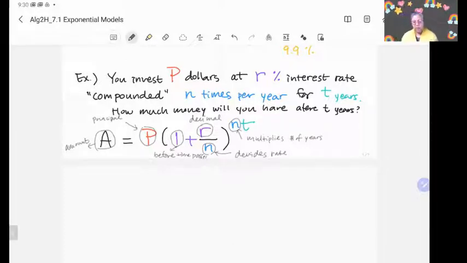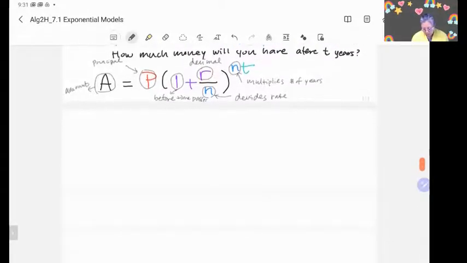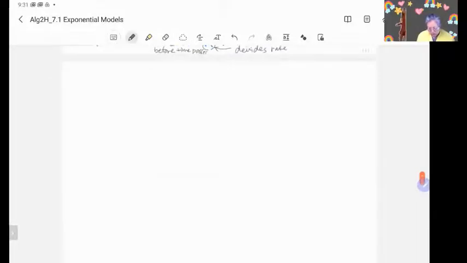Sometimes you have to find how long it takes to reach an amount with a certain principal and how many times it compounds over the year, okay? Now we will move on to the continuously compounded